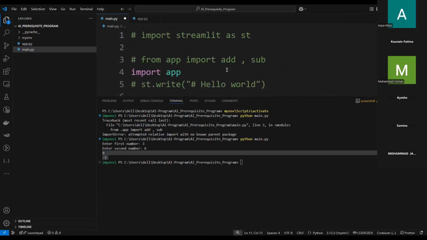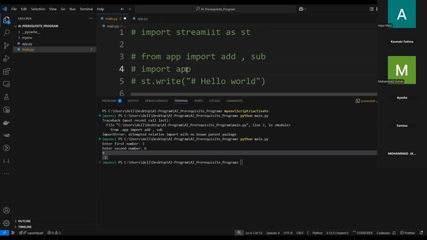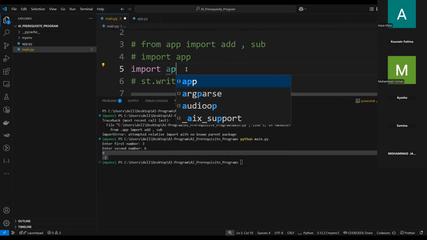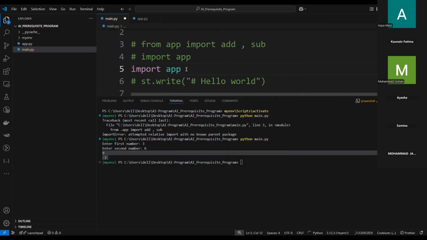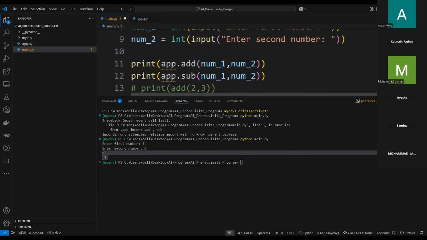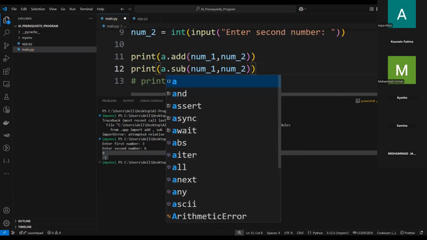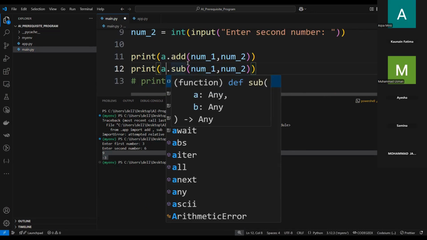अगर आप कभी भी किसी फाइल को इंपोर्ट करते हो, फर्स्ट वे है कि आप डायरेक्ट फंक्शन को इंपोर्ट करवा लो। सेकंड वे है कि आप डायरेक्ट सिर्फ फाइल को इंपोर्ट करवा लो। अच्छा थर्ड वे देखते हैं। आपने फाइल को इंपोर्ट करवाया, बट अब आप इस फाइल को एक नाम देना चाह रहे हो, एज ए। अब देखो मैं ऐप की जगह पे इसको ए कर दूंगी। देखो चल गया, स्टिल चल गया।